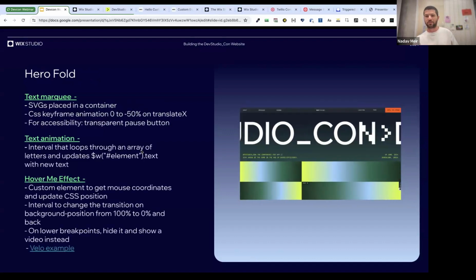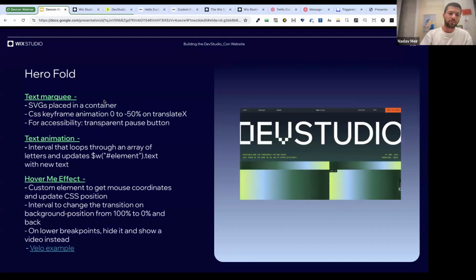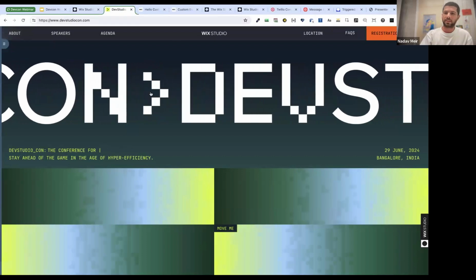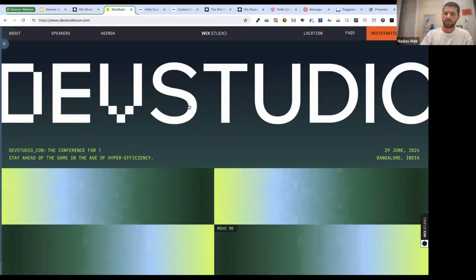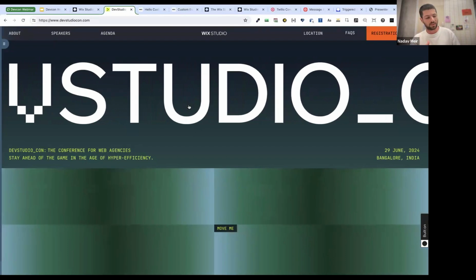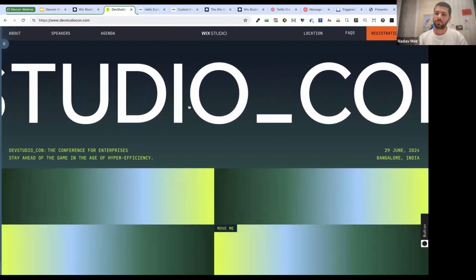So I'm starting off with a hero fold. A few nice things that we have here is first of all this text marquee that if you click on it, you can see that it pauses. This is something that is important for accessibility. Every animation that you have on the website, you must make a possibility for the user to pause the animation